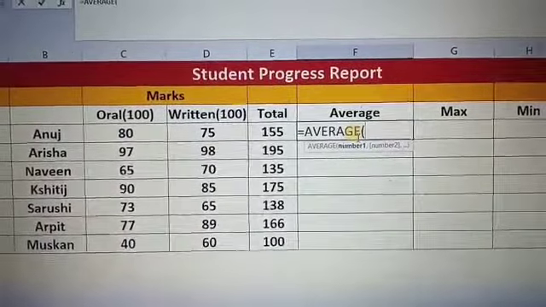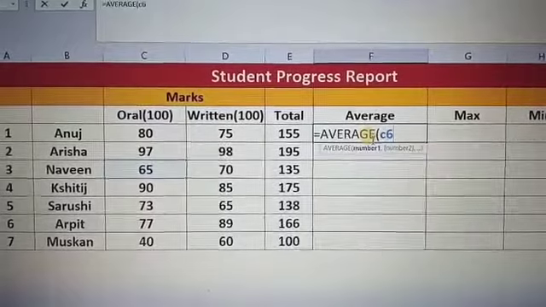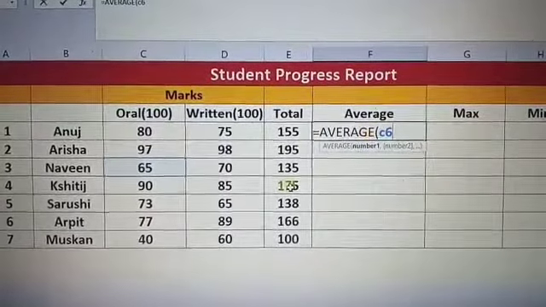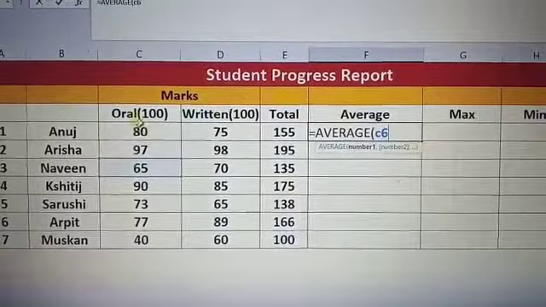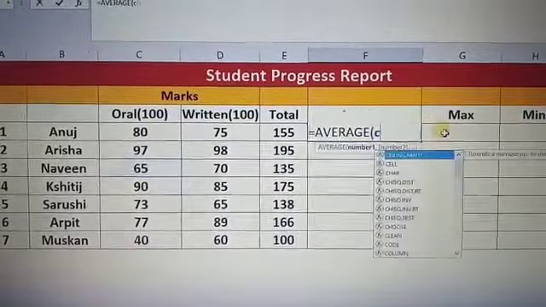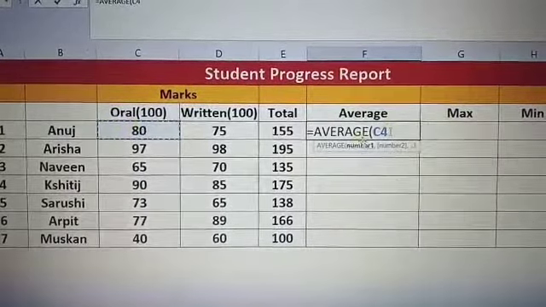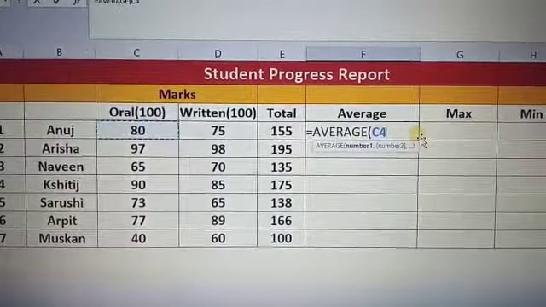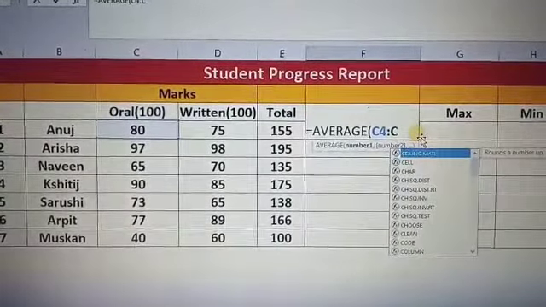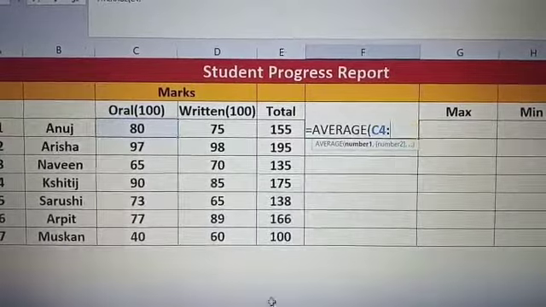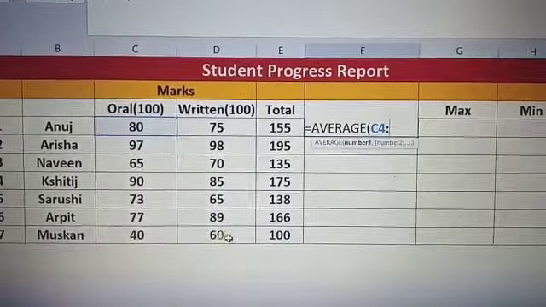Now the range given in your book is C6, but according to me it should be C4, then colon, and the last value D10.